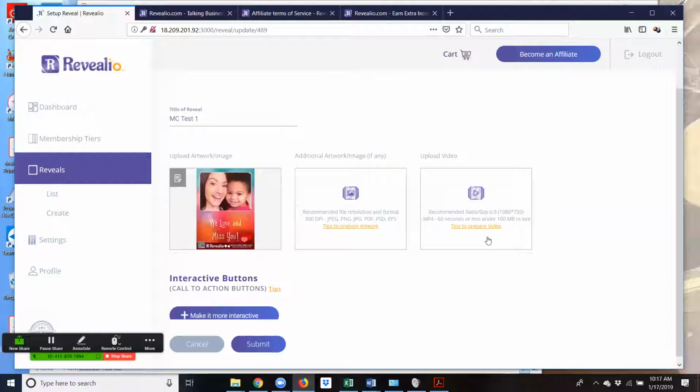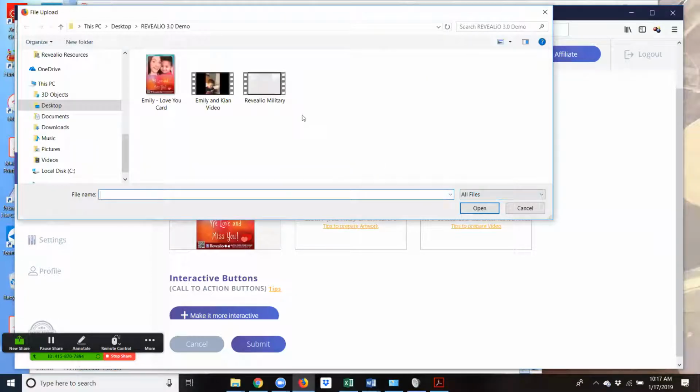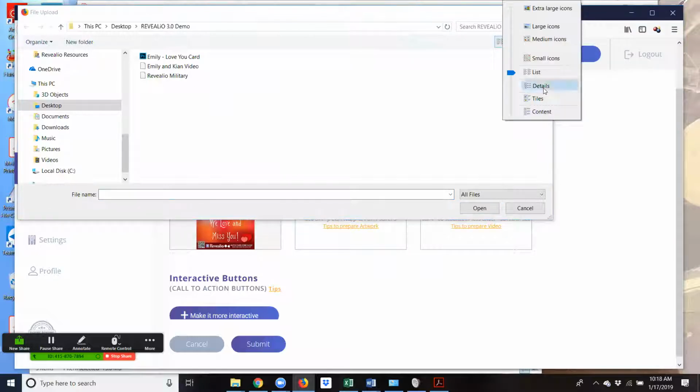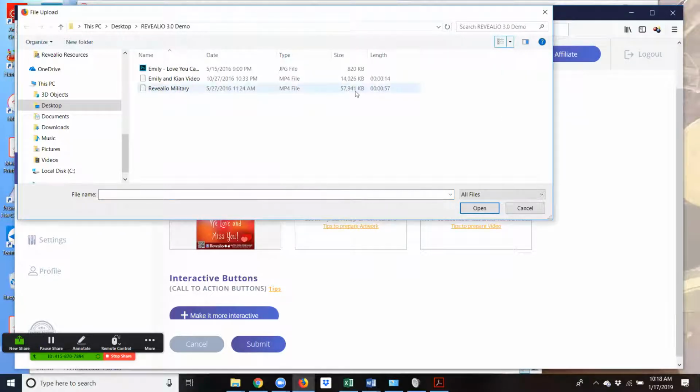So we're going to click on this little icon here to go into where we can upload it. Again, make sure if you're in detail view on your computer over here, go to details, you'll see the file size. You want to make sure it's under 100 megabytes. This one here is 57 and this one here is 14. So both of those qualify. I'm going to go ahead and click the 14